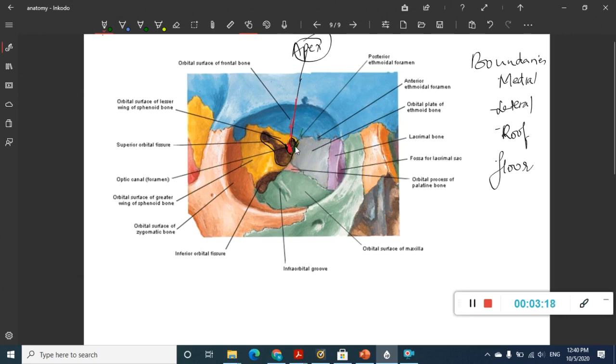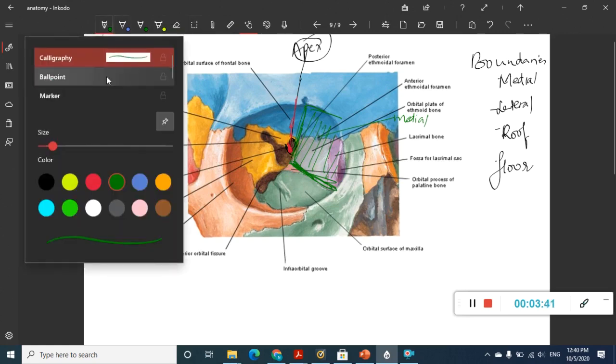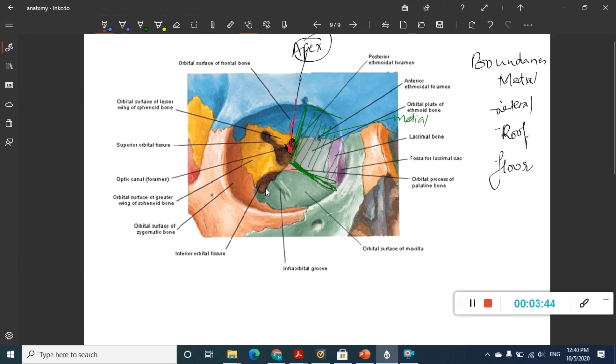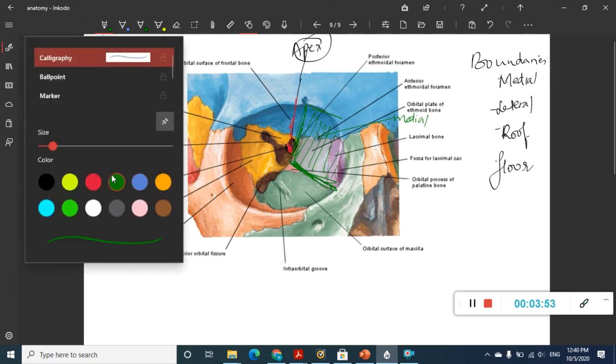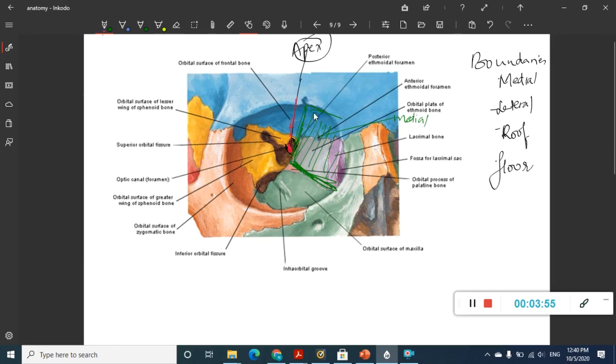So this is the first boundary, which is the medial wall. This is the medial wall. This won't involve it, only that is the medial wall. Then what do you call it? The lateral wall. So what does the medial wall contain? We should also deal with the bones, right? So the medial wall contains, one, the frontal bone.